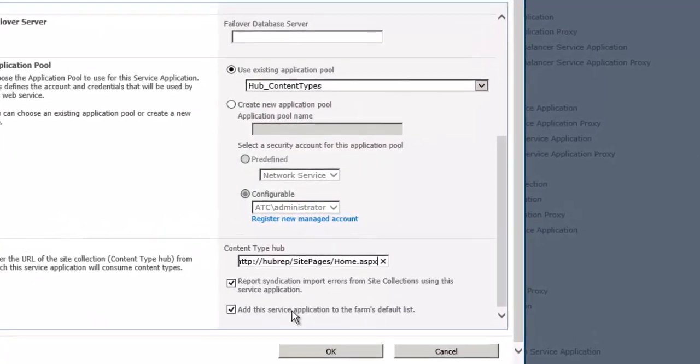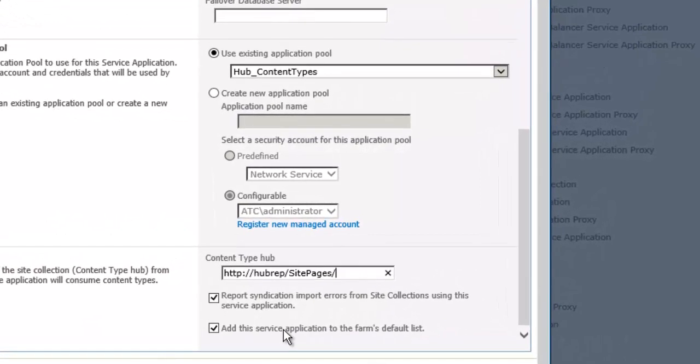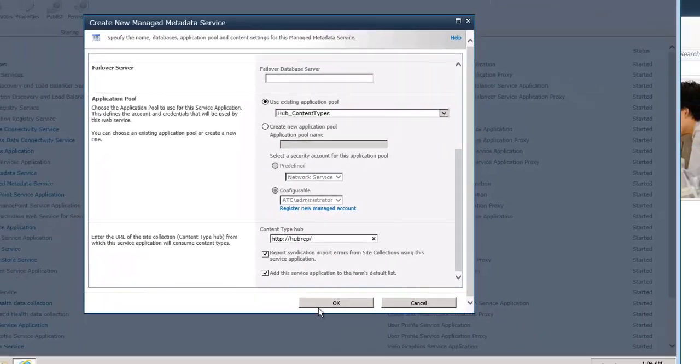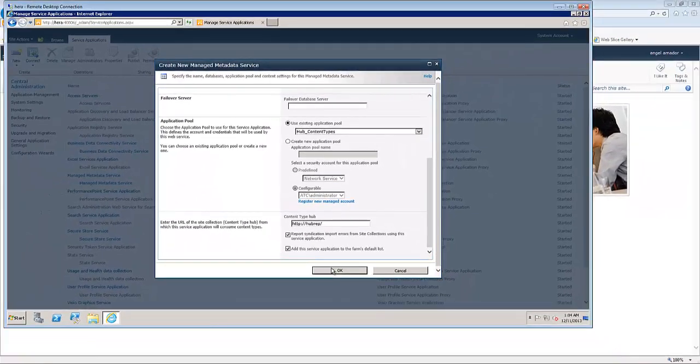I'm going to delete all this stuff in front that I don't want. It's okay to leave the /. Leave this alone, report and all this other nonsense, leave it alone. Click OK. Now it's going to take a while. There's no feedback from the UI that something's happening. But believe me, it is working. And in a few seconds, this screen will clear, the background screen will come back, and it will show the